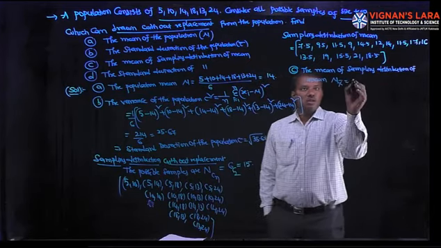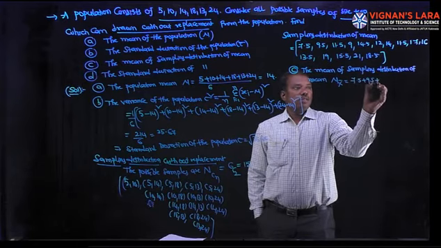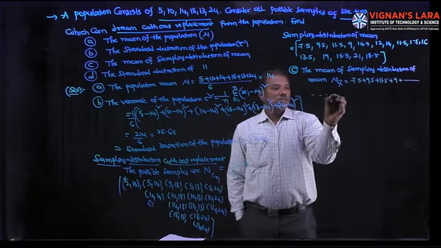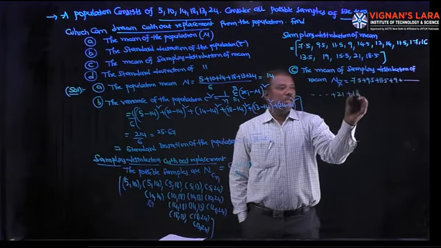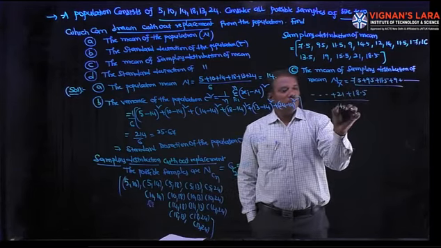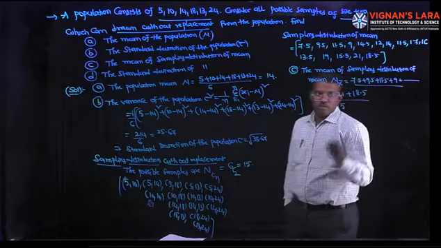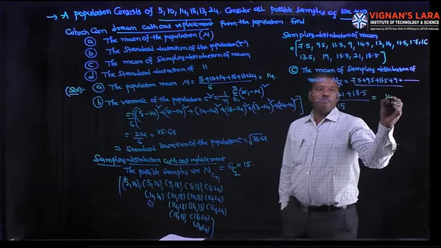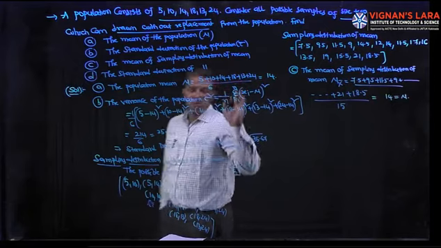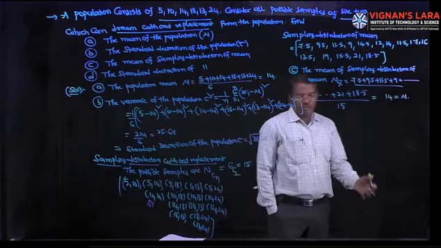It is 7.5 plus 9.5 plus 11.5 plus 9 and so on, last but one 21 plus 18.5, by its number. Since we have 15 elements in the sampling distribution of mean, its value is equal to 14. That is equal to mu. In any problem, mu is equal to mu x bar, or mu x bar is equal to mu. You have to calculate it and verify it.